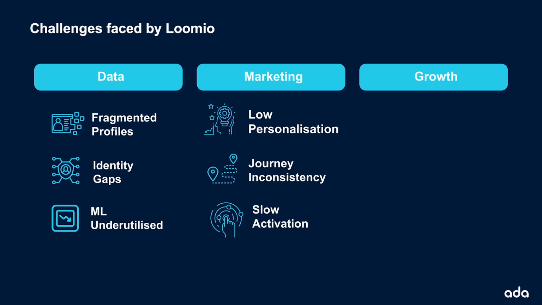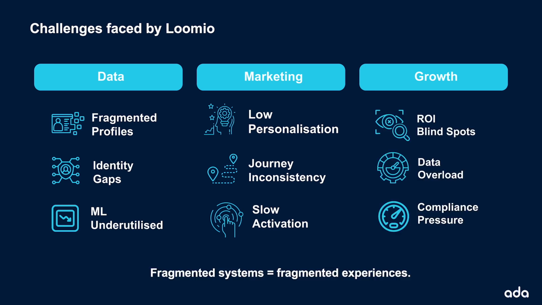Moving on to marketing challenges, the first problem is lack of personalization, since machine learning is not being used effectively. The second issue is inconsistent customer journeys, with multiple teams across the brand launching campaigns at their own pace and making separate decisions. The third is slow activation, caused by delayed insights and slow experimentation, which makes campaign activation equally